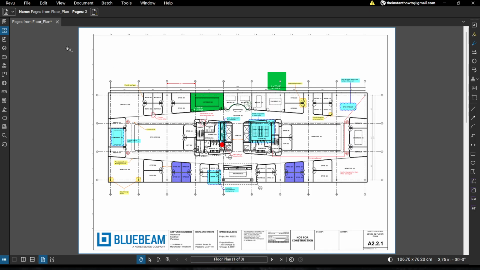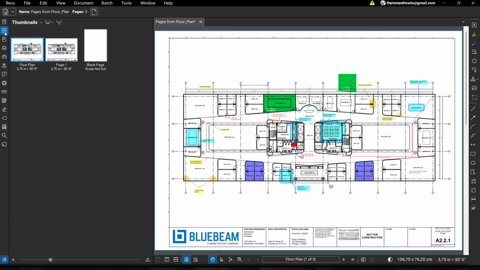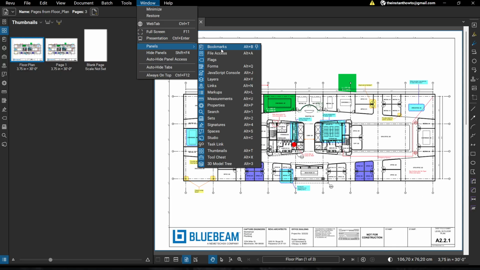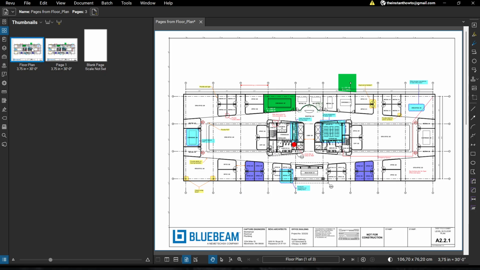And then you want to go ahead and click on thumbnails over here, top left. If you can't see this, go to Window, hover over panels, and then here you should be able to see thumbnails. Click on it and it's going to get enabled. Now over here on the left, as you can see, there's 3 pages in here, and to reorder them,